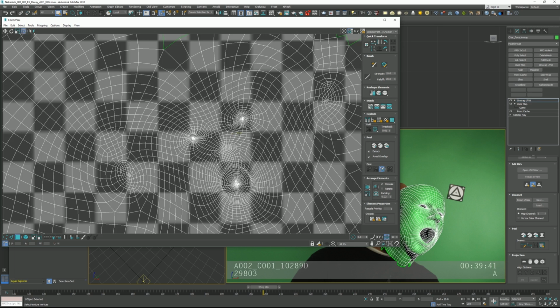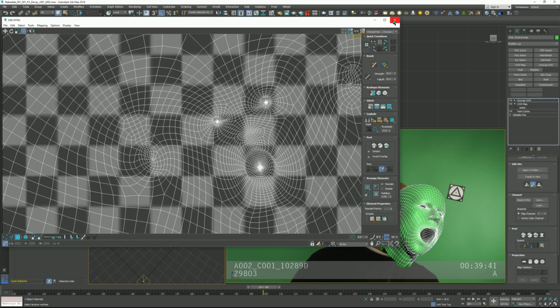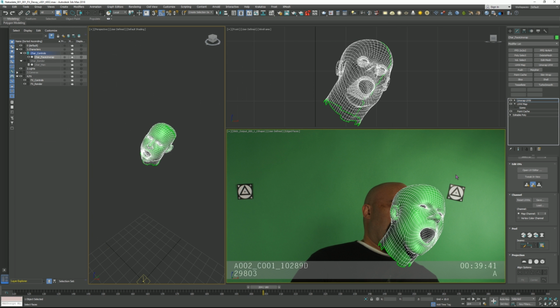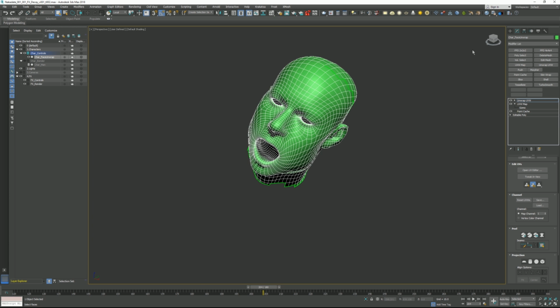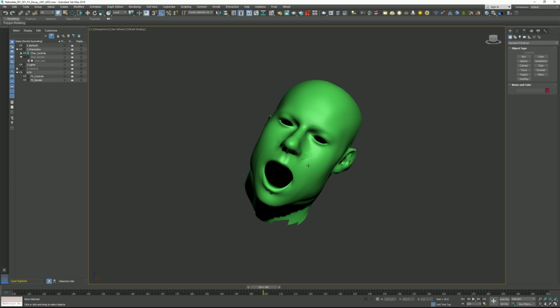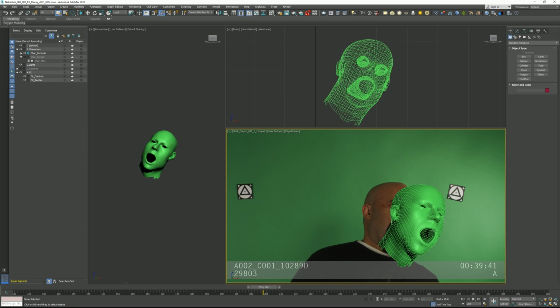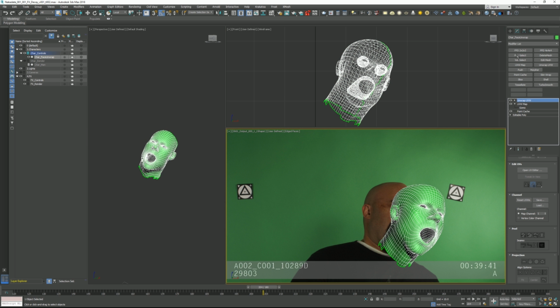Yeah, so I don't really personally do much unwrapping. It's not something that, like match moving, camera tracking, and UV unwrapping, those are typically tasks that I don't need to worry about. I'm always going to have other people for that, but it's still good to know all three of those, at least camera tracking and unwrapping to a degree. Okay, so all we did is we quickly unwrapped it,